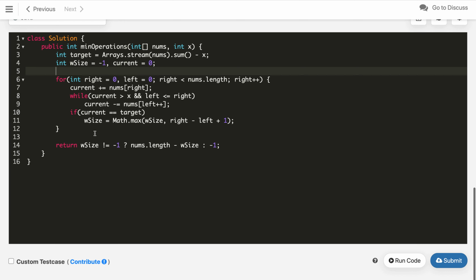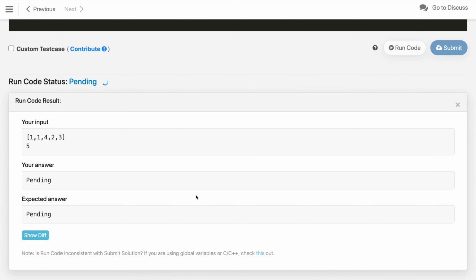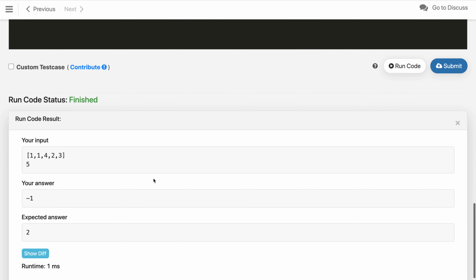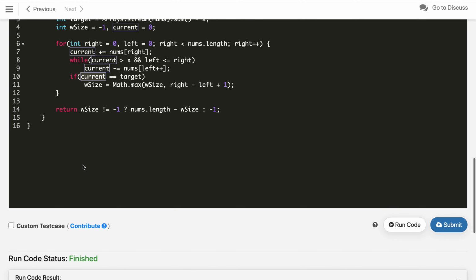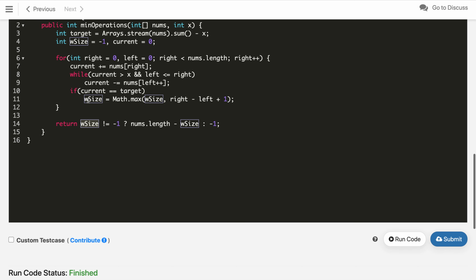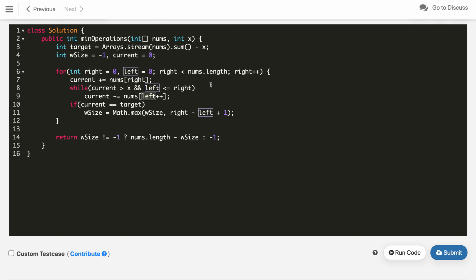Let us try to compile it and see if there is any typo. The code is compiling, but we are getting a wrong answer. Let us see. The window size is getting updated here, the left pointer is getting updated here as well, and the right pointer keeps moving.